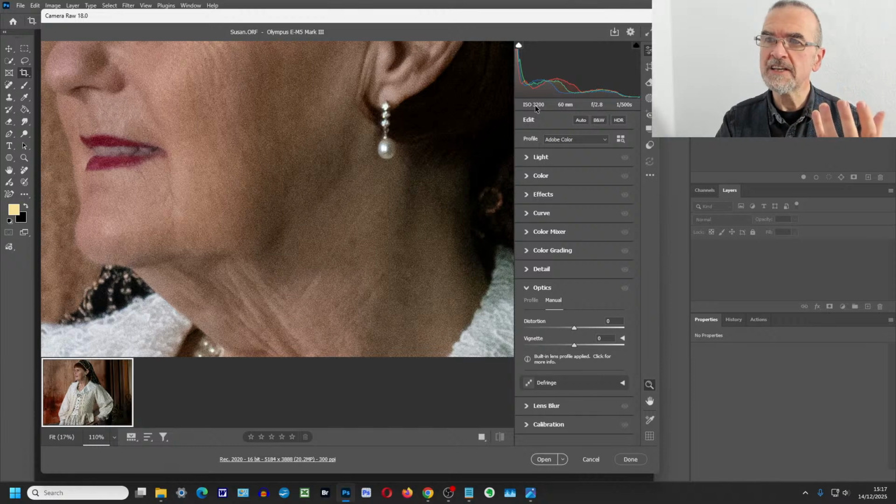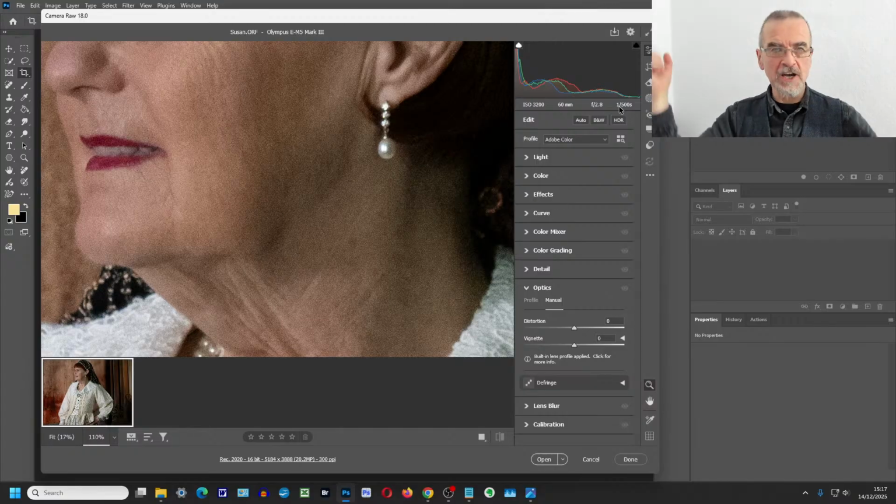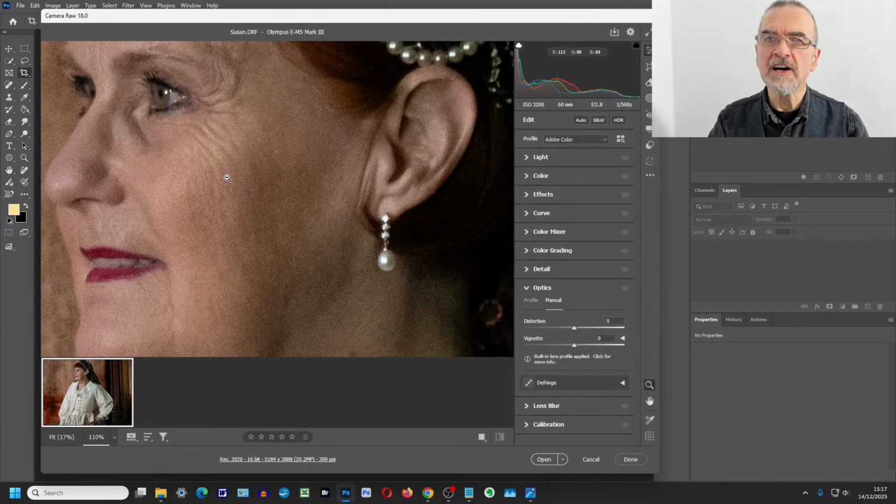The key here is you're at 1/500th of a second. Now, you didn't need to be that fast at all. If you've got flashes going off, or even if you've got permanent lights, you would have been fine at 1/60th of a second, right? So you could have saved at least a third of the speed, which would have allowed you to bring your ISO down. However, this is the ISO you've got, so it's much noisier than you would have ideally liked.